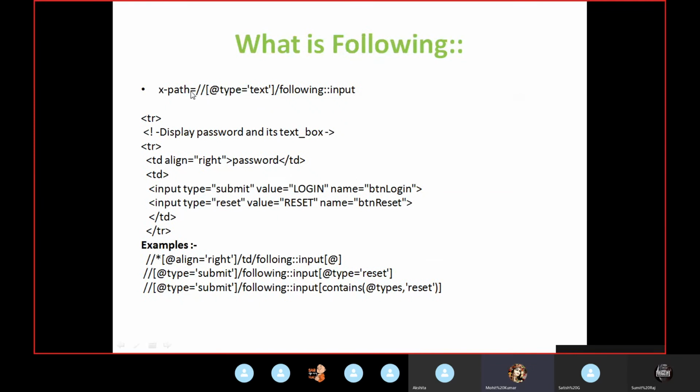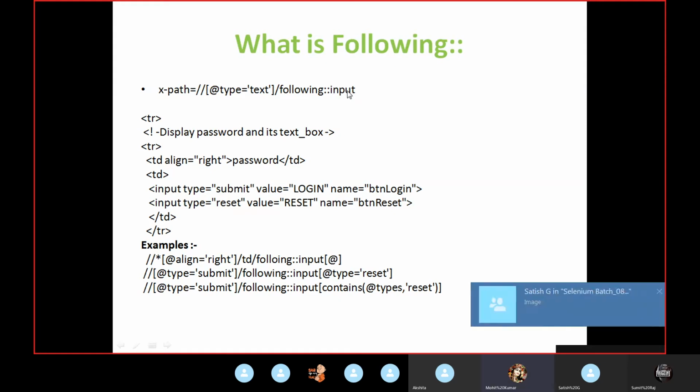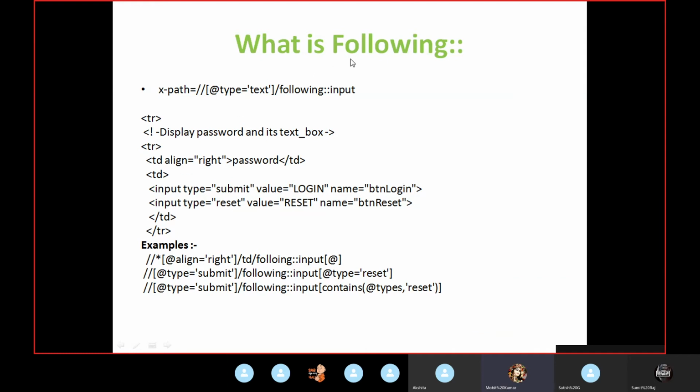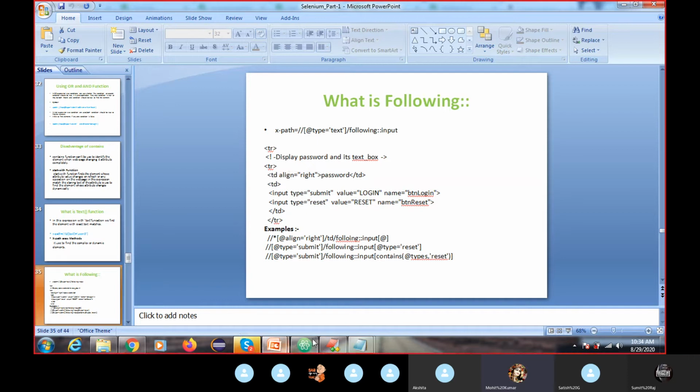You can understand this is the syntax of following: when you write following, then this is your tag name, right? So now you can see what this following is. This is your input tag, and it will reach over there for following. You may not be able to understand what I'm telling you yet, but we will apply it on your XPath. I just want to validate something using following.